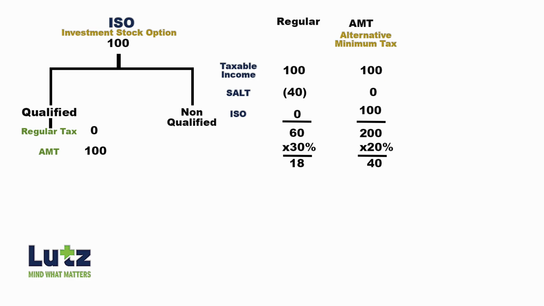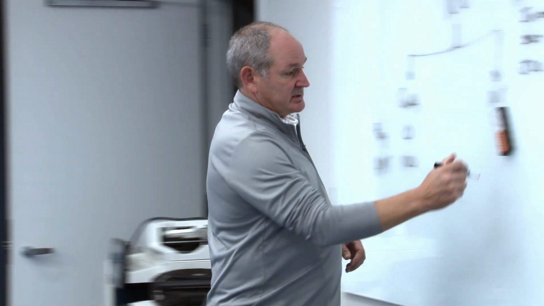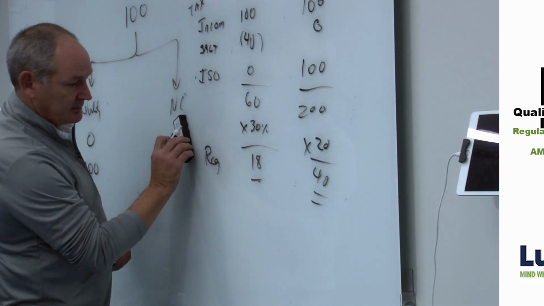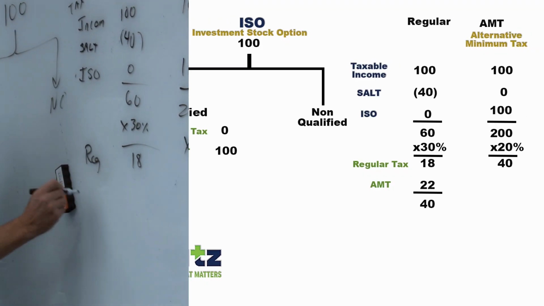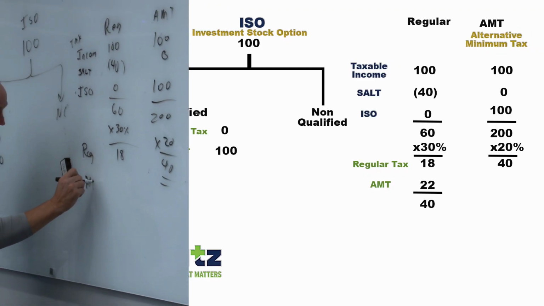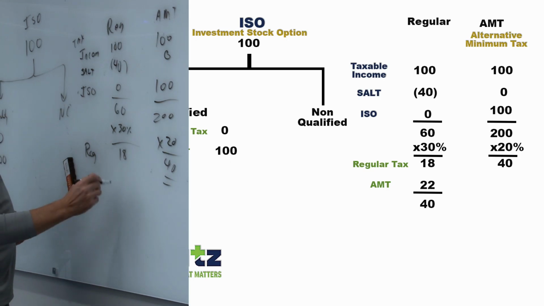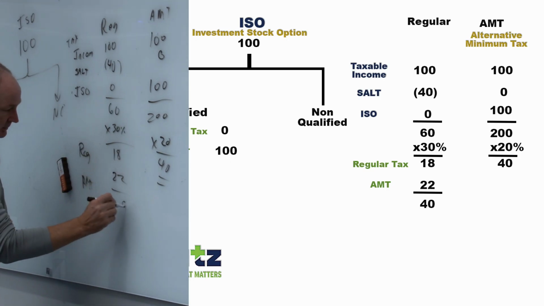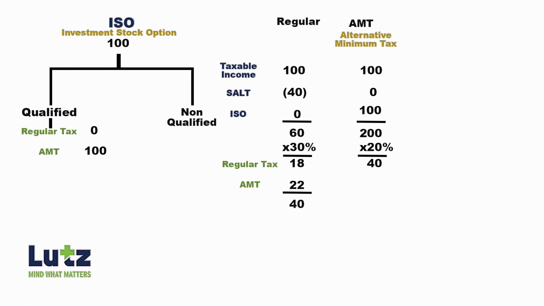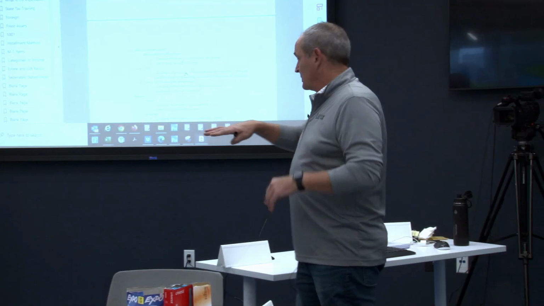So now I've found the floor that Max was referencing. So when you look at the 1040, the 1040 is going to say regular tax of 18, and then it's going to say AMT tax of 22 to get to the 40. So my AMT tax is $22 because it's the variance in between my regular tax and my AMT tax. So there's two taxing systems.